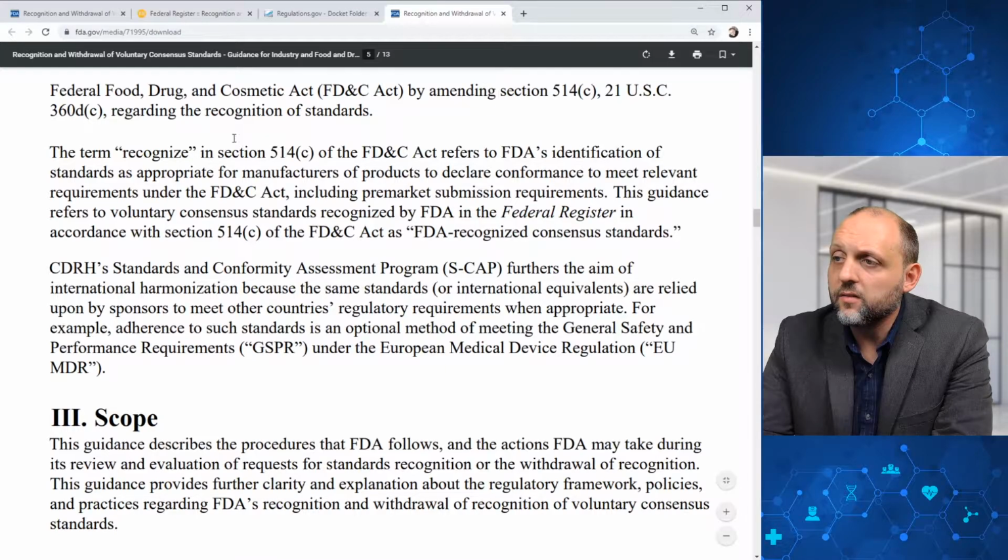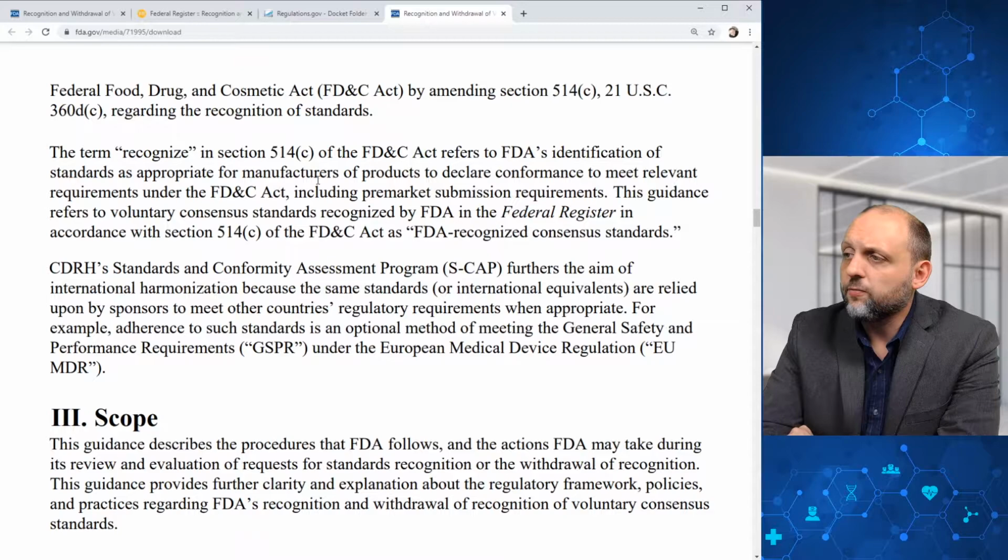The term recognize in Section 514C refers to FDA's identification of standards as appropriate for manufacturers of products to declare conformance to meet relevant requirements under the FD&C Act, including pre-market submission requirements. This guidance refers to voluntary consensus standards recognized by FDA, and CDRH's Standards and Conformity Assessment Program furthers the aim of international harmonization because the same standards or international equivalents are relied upon by sponsors to meet other countries' regulatory